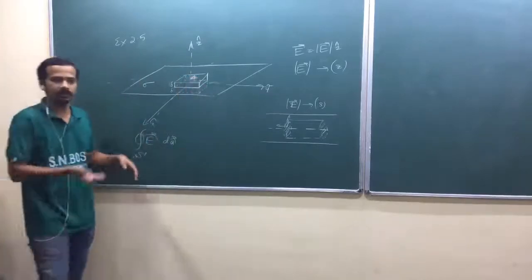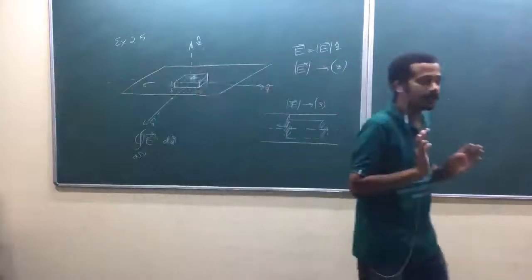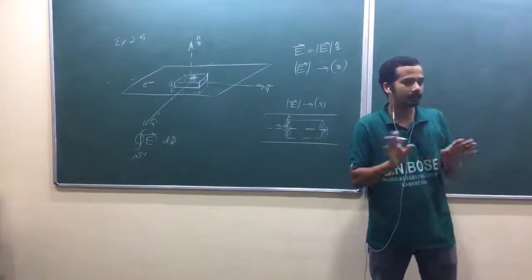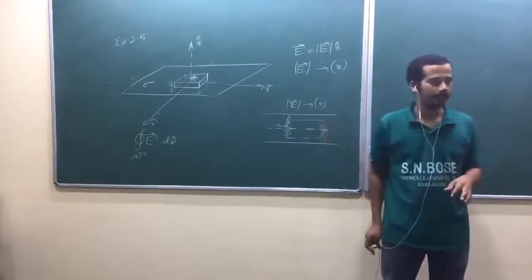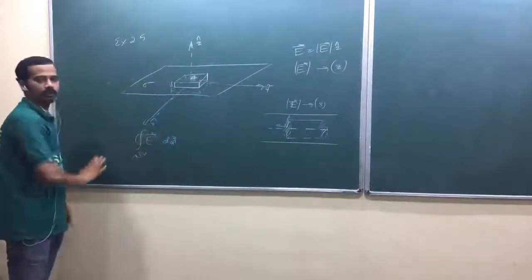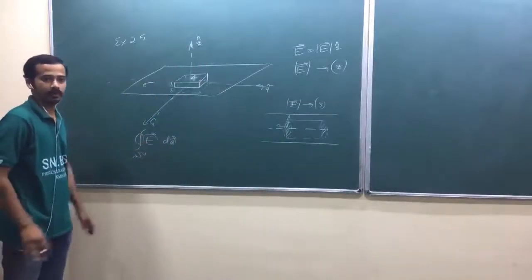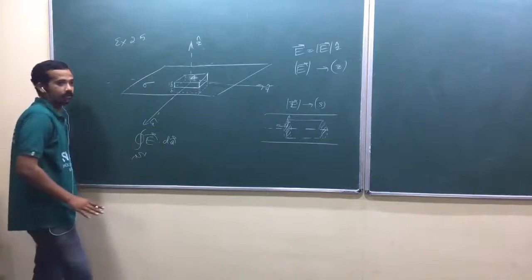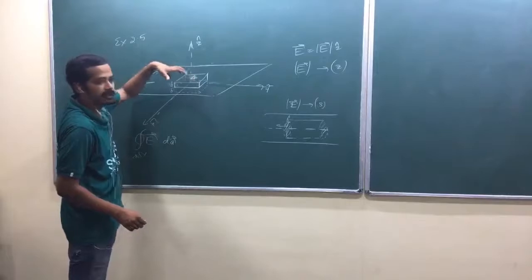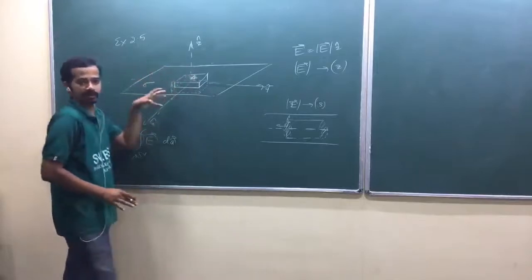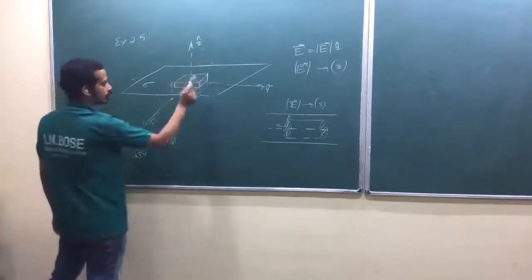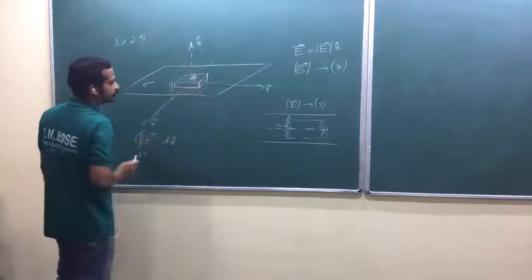Can you imagine that one? That runs just above and below the plane. Again, that's an imaginary surface, remember. So we are not cutting the plane and we are not doing anything physically here. Gaussian surface is an imaginary surface over which we are going to apply Gauss law to find the electric field. Are you getting my point? After a long time you may forget this, remember: it's an imaginary surface, so it doesn't disturb anything. So again, you can run the surface just above and below symmetrically like this.